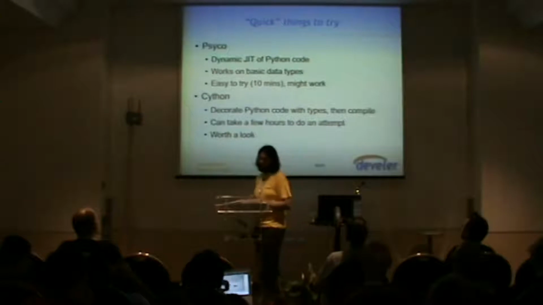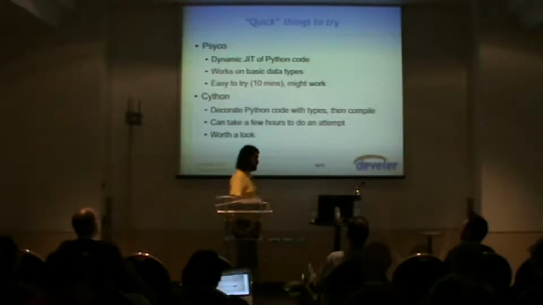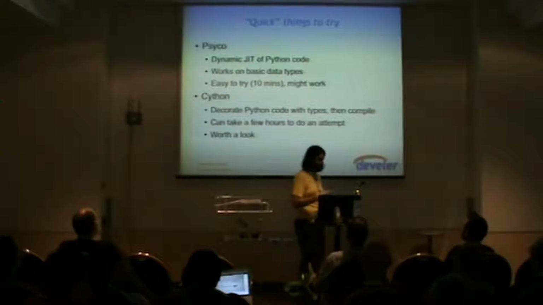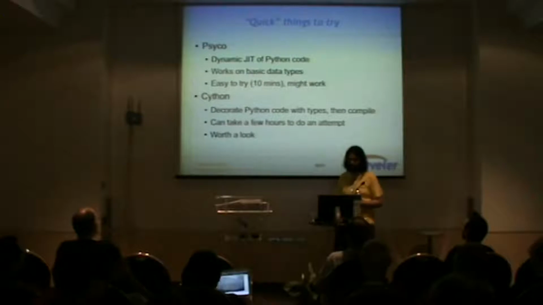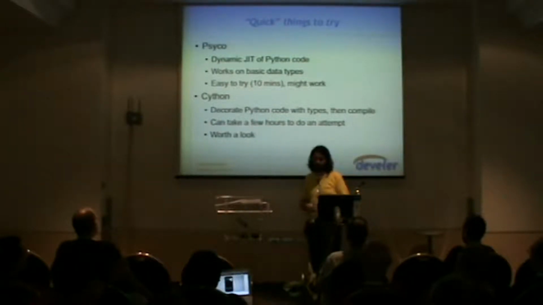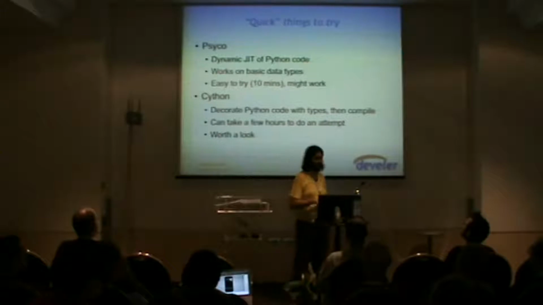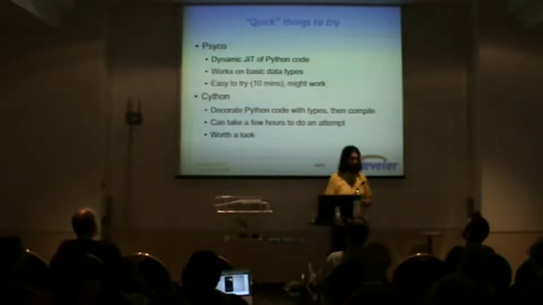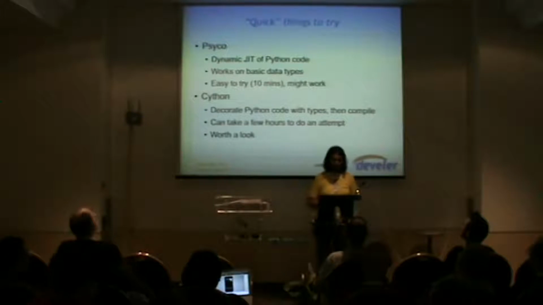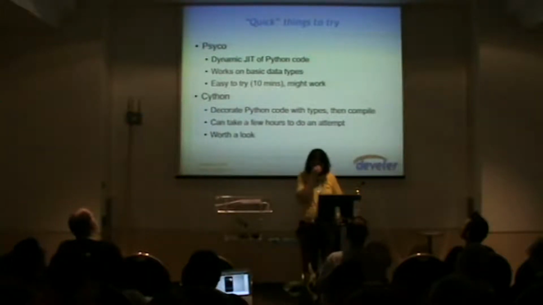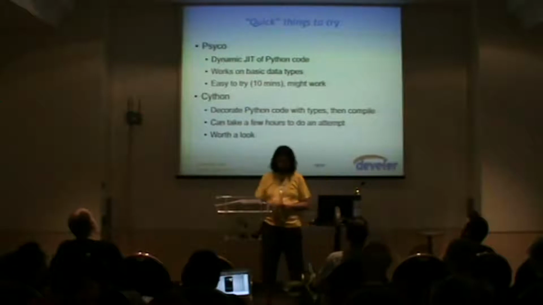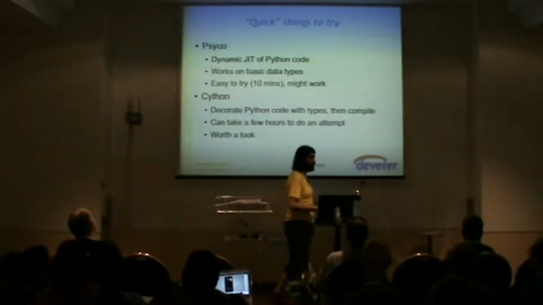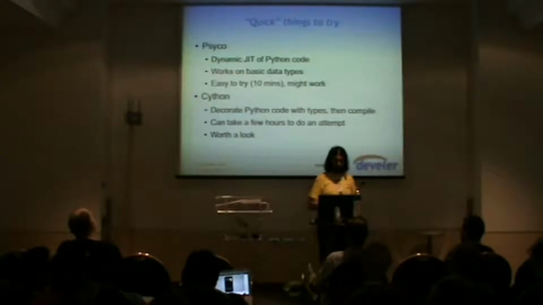If you want a quick hack to try speeding up something, I suggest to use Psyco first, or PyPy, which you can try nowadays. You can try PyPy on your code if it is mathematical code or something like that, and doesn't have many C extensions. Probably PyPy could give you an improvement because of the just-in-time compilation. Psyco as well you can try. I wrote 10 minutes, but probably a couple of hours you can try PyPy and get an idea if it works on your code.